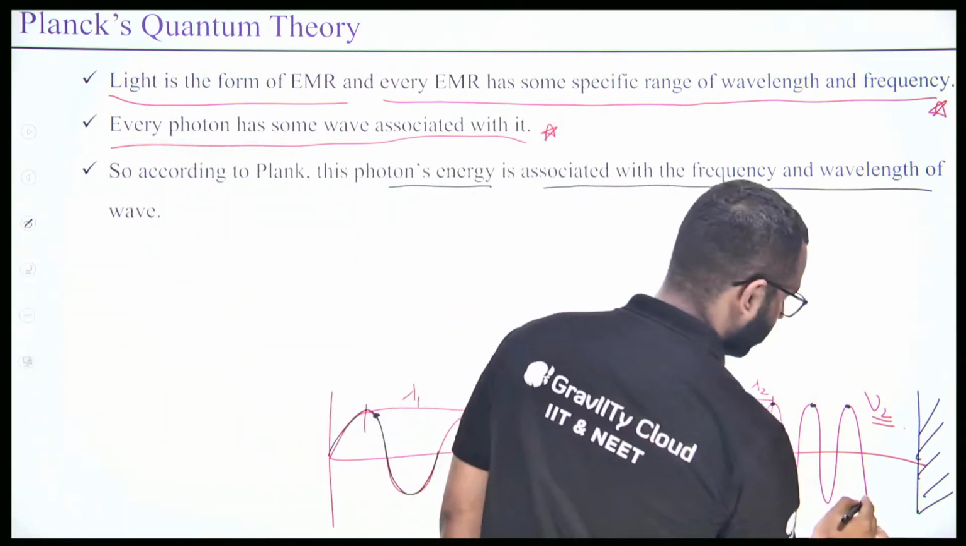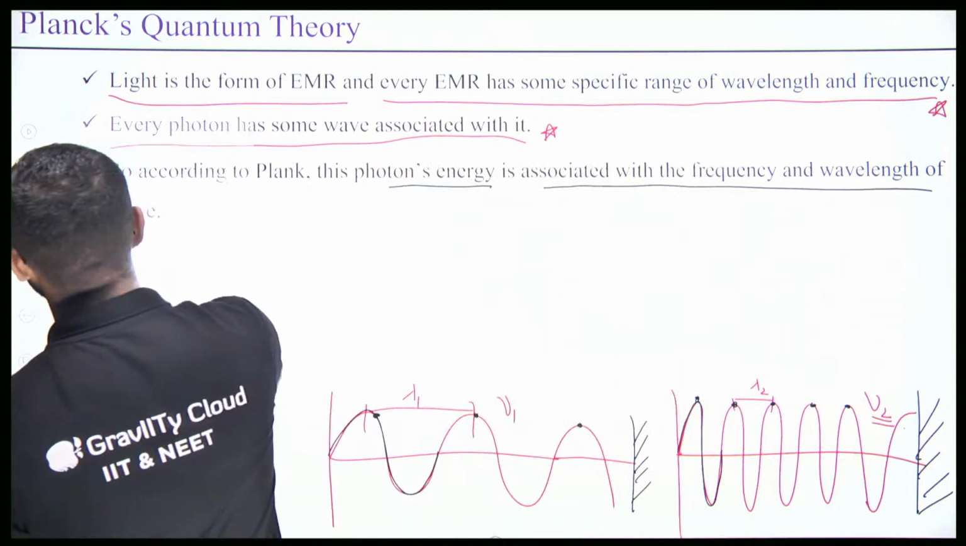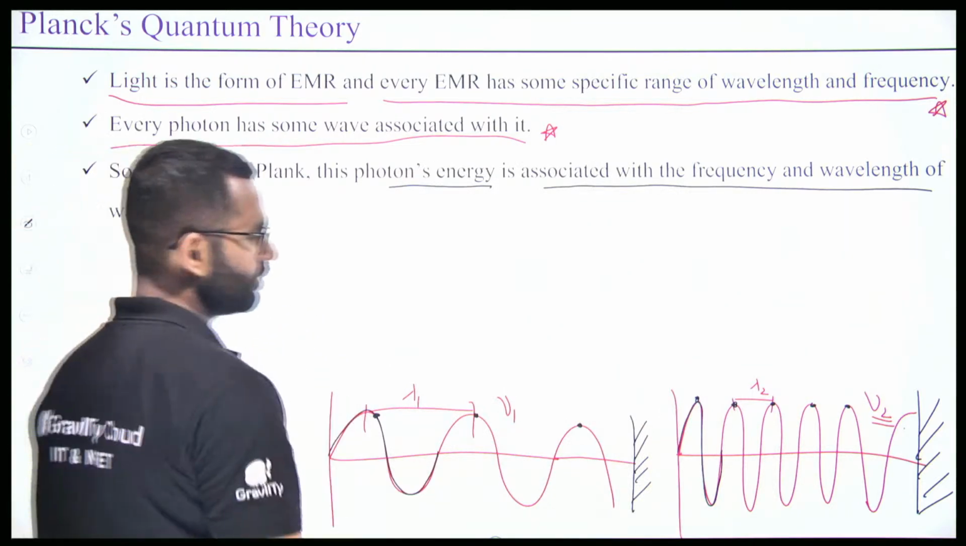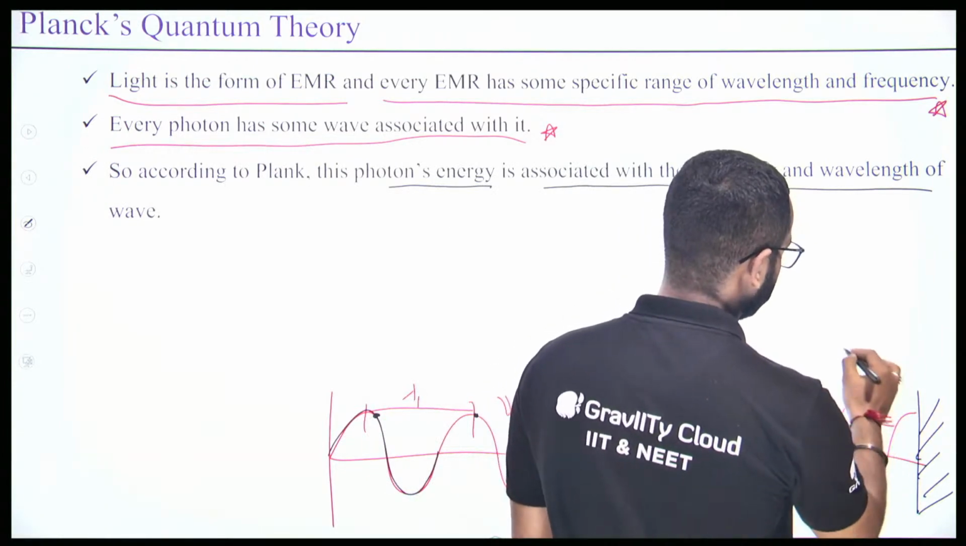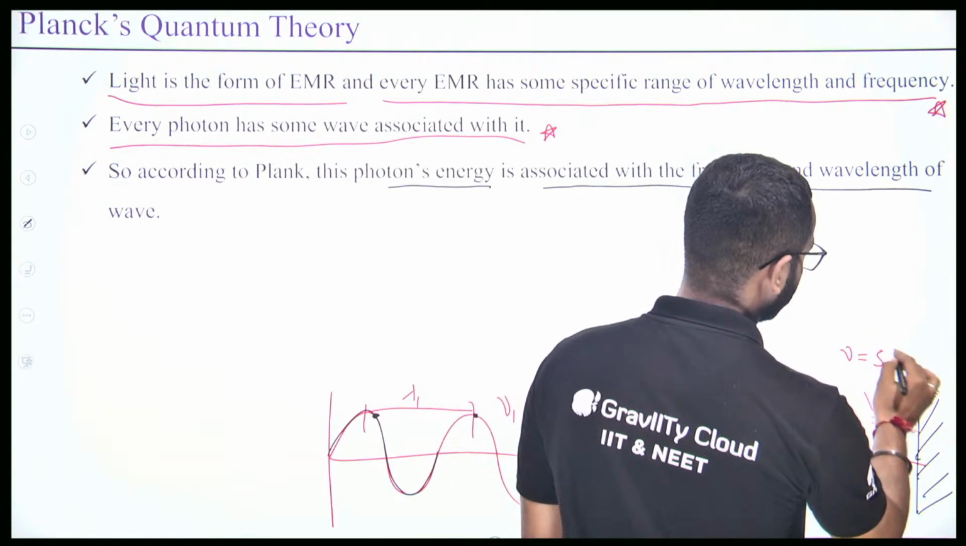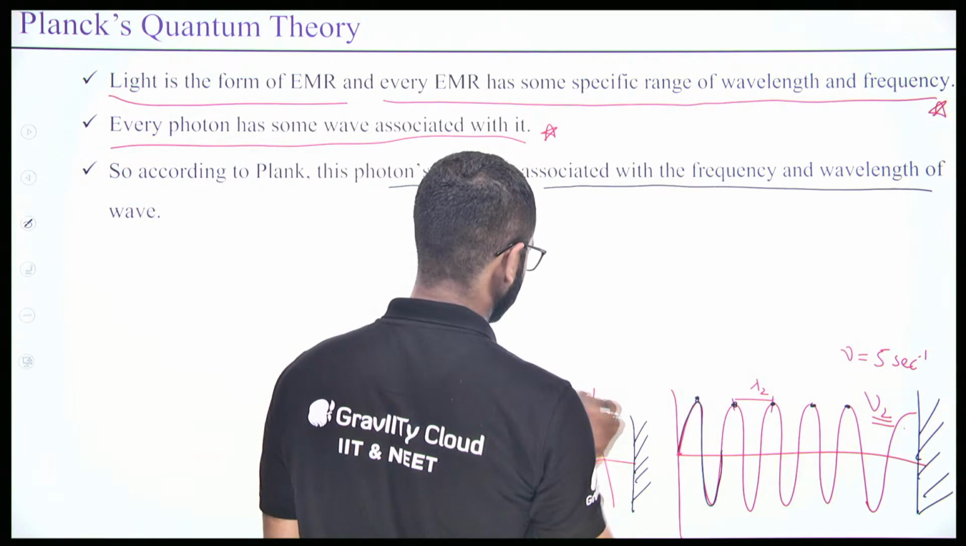Now imagine that this wave has frequency nu 2. Suppose its frequency is 5 second inverse, and the other wave's frequency is 2 second inverse. This wave has 2 second inverse frequency, and this wave has 5 second inverse frequency. That means in 1 second, 2